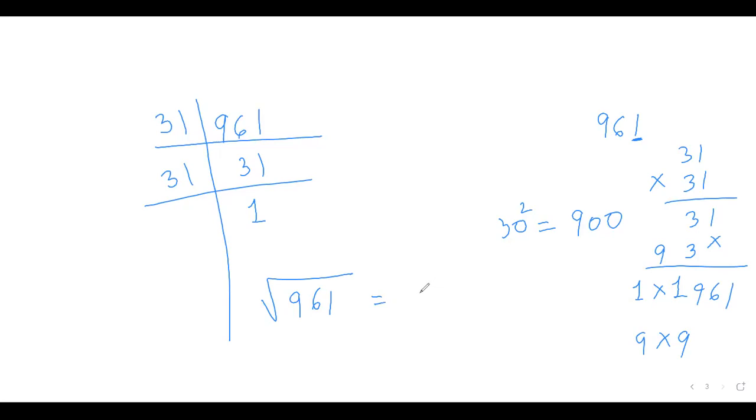And if you find the square root of 961, it comes out to be 31. That is not required in the question, that is the extra part I am telling you. What is required in the question is to check whether it is a perfect square or not. You can see there is a pair of 31, so you will say 961 is a perfect square number. Understood? Yes, ma'am.